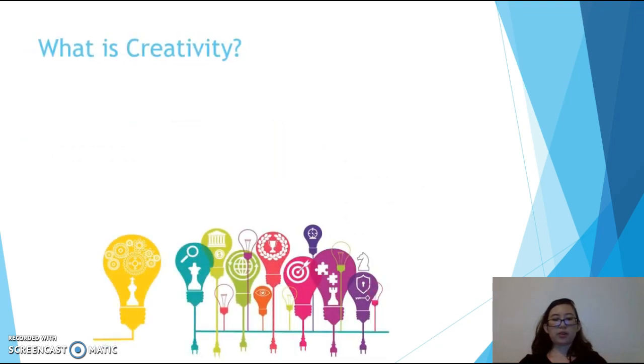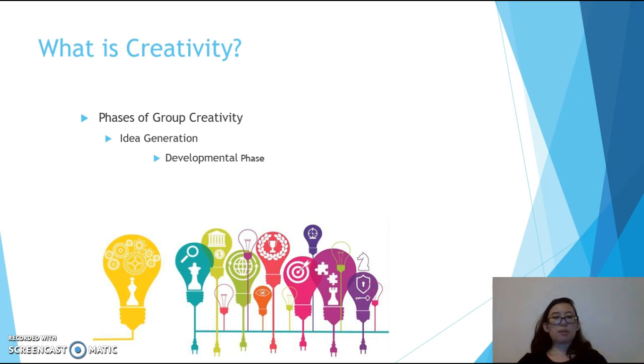There are 4 phases of creativity. The first of this is idea generation, where group members actively identify a range of new ideas, possibilities, and approaches to the issue at hand. This is followed by the developmental phase, where ideas are extended and additional information is gathered to support the initial nugget of ideas. Next is the finalization or closure phase, where the group agrees on what the best idea may be. Lastly is the evaluation phase, where the team assesses the value and worth of ideas selected.